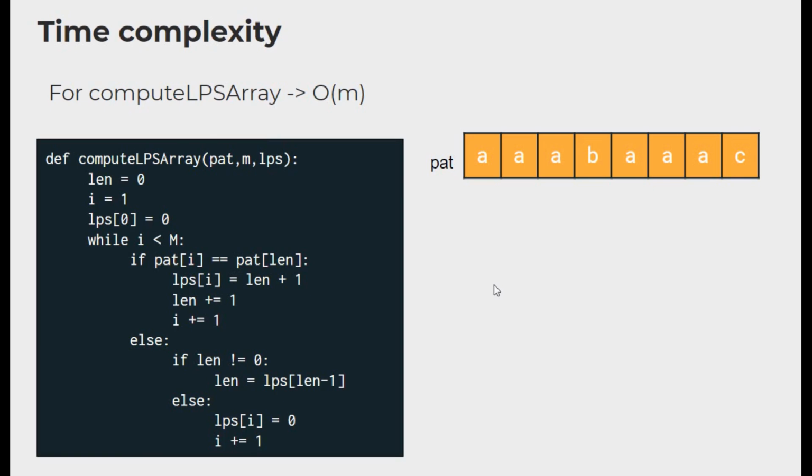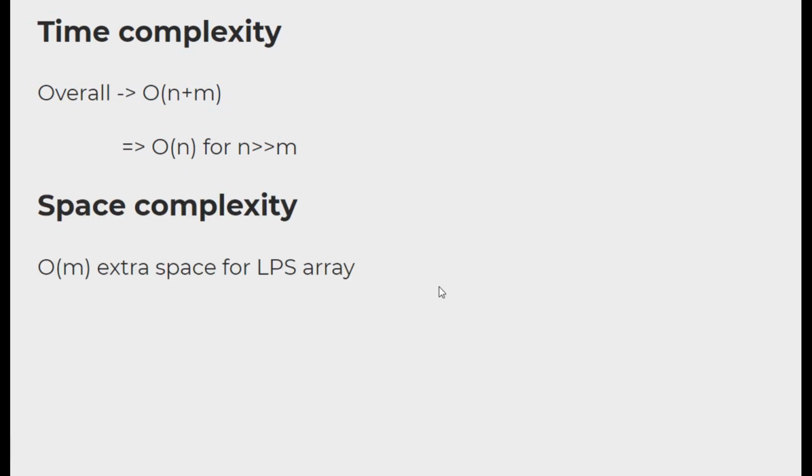It will be very difficult to accurately predict the time complexity of the LPS array, but it is not necessary as well. Just think of the bigger picture here. This pattern array itself is very small when compared to the actual text input, right? So we don't have to waste our time in accurately predicting the time complexity of this array. So the overall complexity is O of n plus m, which can again be considered as linear time. It uses O of m extra space for the LPS array.